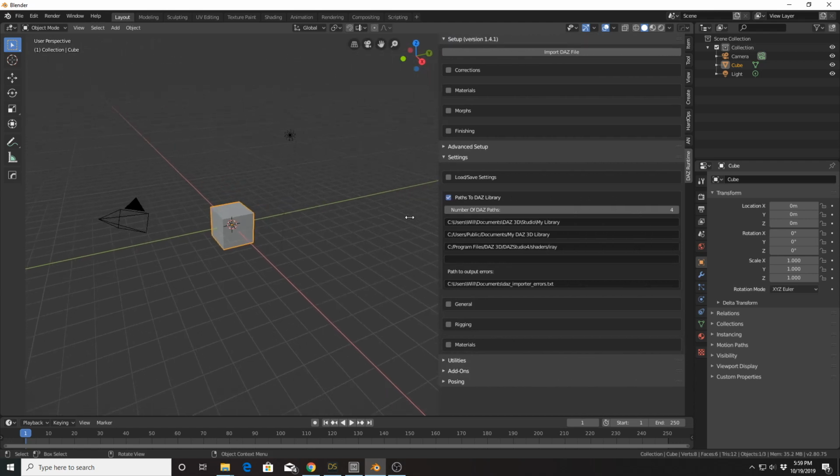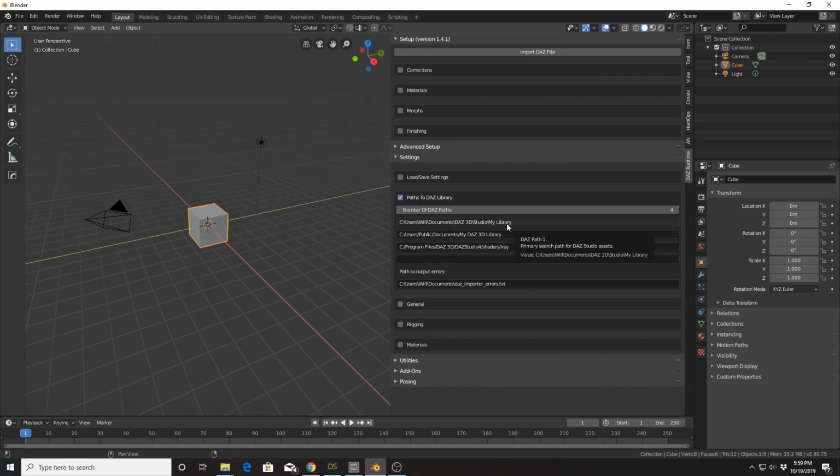And what you want is to make sure you have the right paths for your content on DAZ Studio, because basically what you do when you import is just making references or pointers to your actual DAZ library content. So you're going to need at least these three. This last one's for your IRAY shaders, and then the other two for your content. And this is somewhere along the lines of these paths. This is a Windows 10 machine. It may be different if you're using Mac OS, or I'm not even sure this works on Linux, but if you're using Linux, it'll be a different path setup.